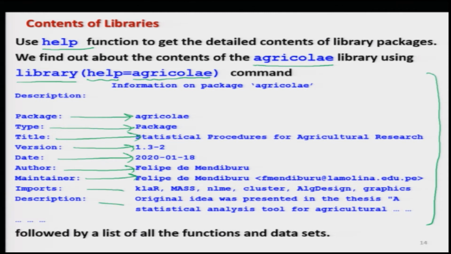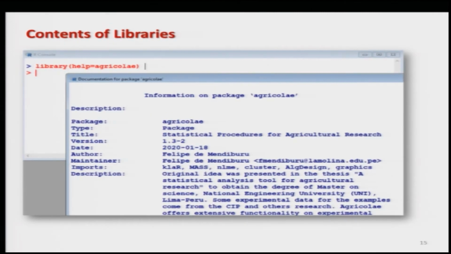And then there are different types of information which are helpful for you. So that is what I said, that it is not really a black box. Whatever information you want, that is available to you. And after this there are some other information. I am not presenting it, but you can see here a screenshot of the same thing. If you type library inside parenthesis help equal to Agricolae, you will get this type of